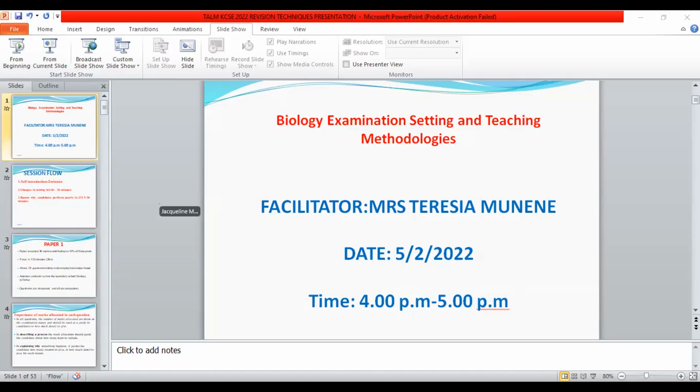That question was from the topic on evolution, and it gave quite a number of students some blackout because they had not seen such a diagram before. So we are simply saying this: as teachers, even using our gadgets, it is possible to take photographs outside the classroom, bring them to the learners, and when we are setting our mid-term exams and end of term exams, we make use of those diagrams in order for our learners to familiarize themselves with what is being said in the exam.